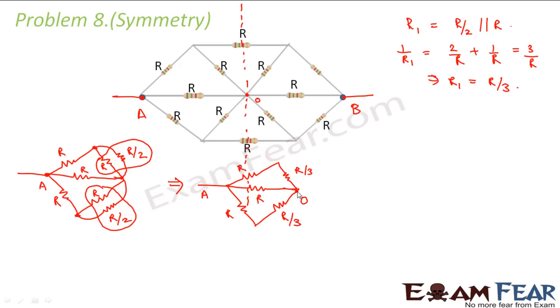does it look similar to Wheatstone bridge? No, it doesn't, because when we talk of Wheatstone bridge, the resistor in between should be joined from this point to this point, but here the resistor is joined along the points, along the line between which we want to find out the equivalent resistance. So this doesn't resemble a Wheatstone bridge, right? So what you can see from this figure, from here you can see that this R and this R by 3 are in series because they are joined end to end. Similarly, this R and this R by 3 are again in series because they are joined end to end. So what you can do, you can draw it like this.